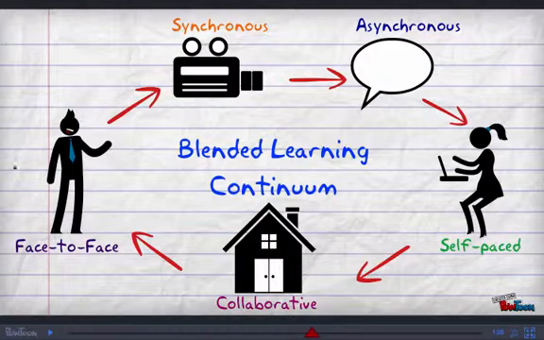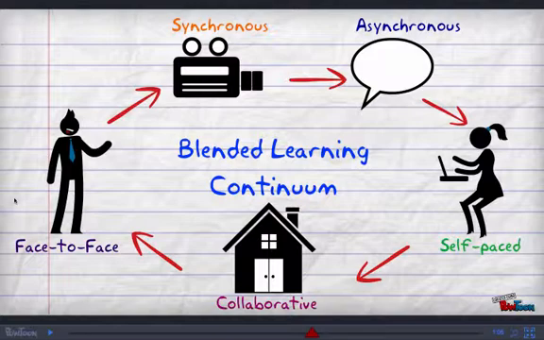So you have elements of face-to-face instruction with the teacher, as well as synchronous learning, which is when all students take part at the same time in some type of inter-exchange. Again, it could be face-to-face, or it could be having a Skype conference or using Google Hangout. So you see these elements of streaming interaction